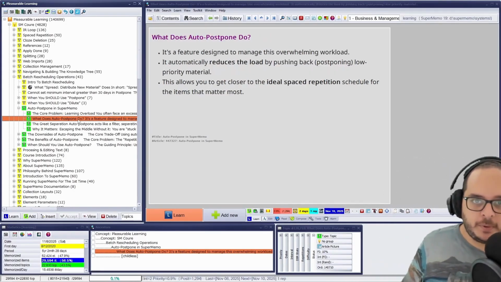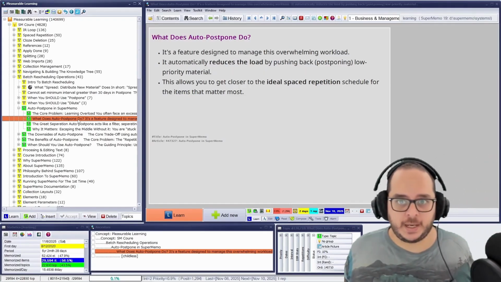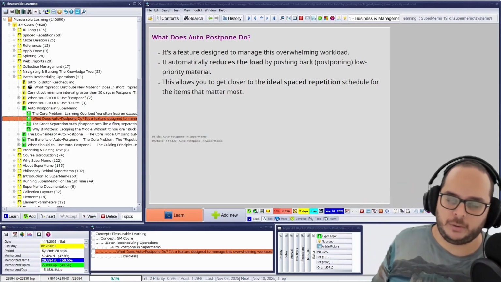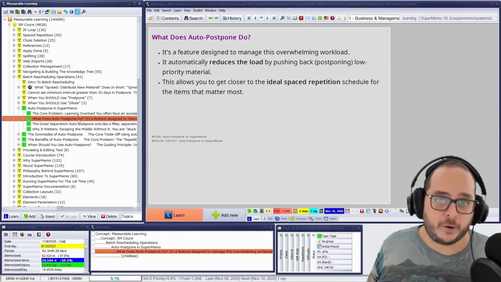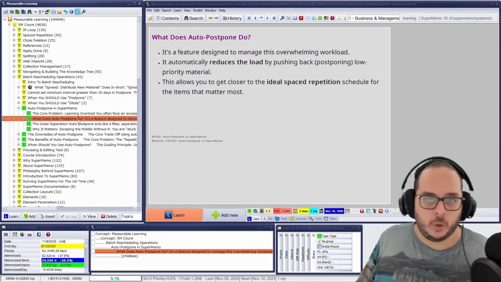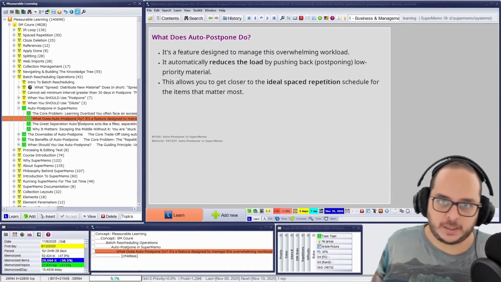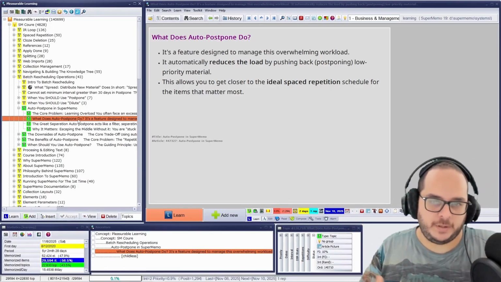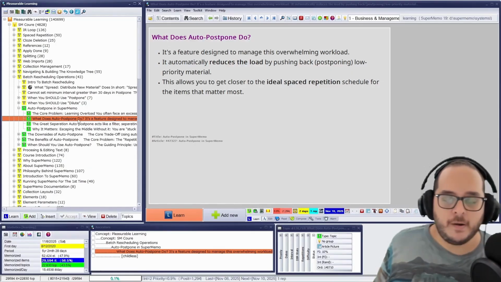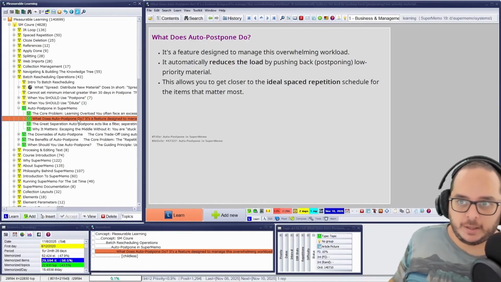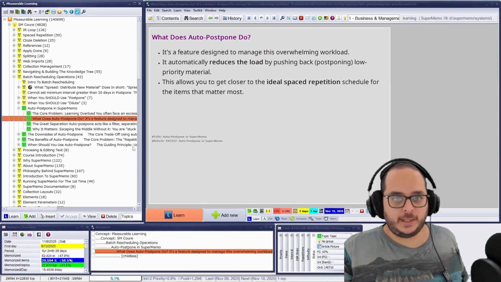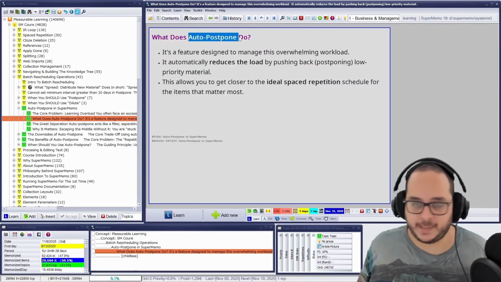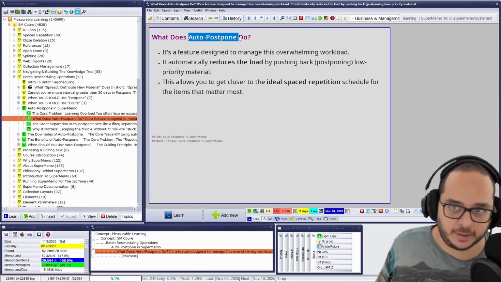Then, what does Autopostpone do? It's a feature that was designed, by the way, in the 90s or early 2000s, because of performance reasons. Meaning that you couldn't have 22,000 elements in the outstanding queue. It was too many calculations to shift the order and recalculate all of this for the computers of back then. Now, not anymore. That's why Autopostpone is actually a matter of taste if you want to use it.